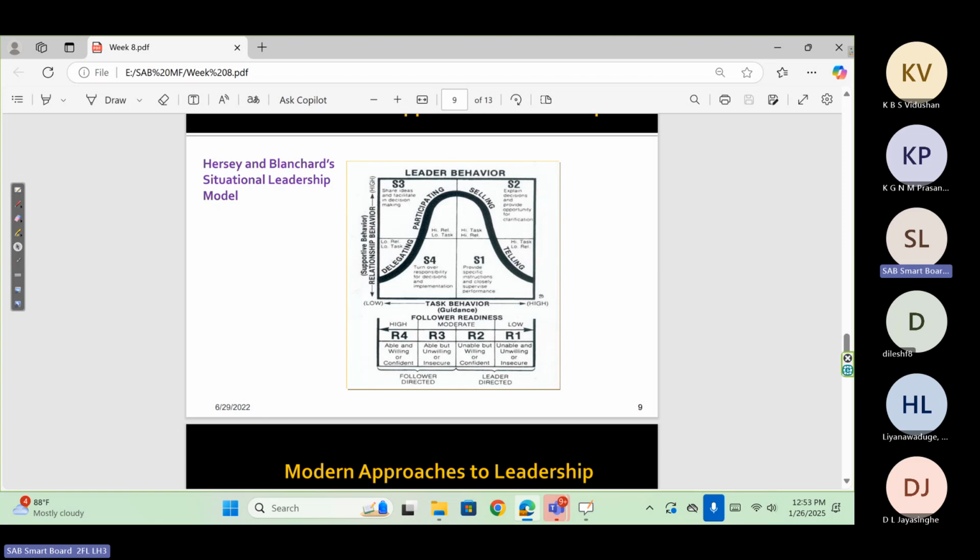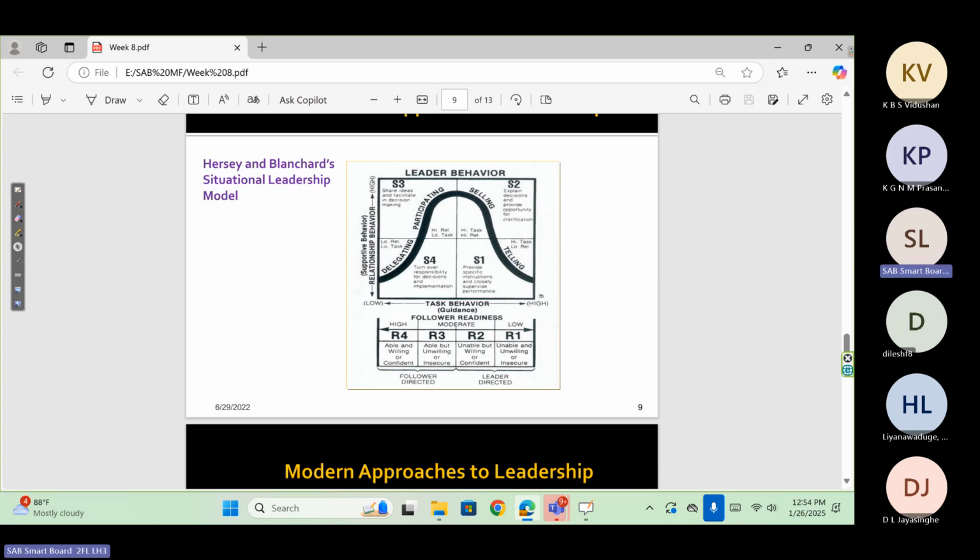Actually, these are the three elements we should always consider to evaluate our readiness to do a task: our ability, but more than ability, the willingness to use the ability. Subject to this, there should be an environmental opportunity, confidence, and security. All three may decide the followers' performance level. But in R1, how can the three be seen? All three are negative, very low.